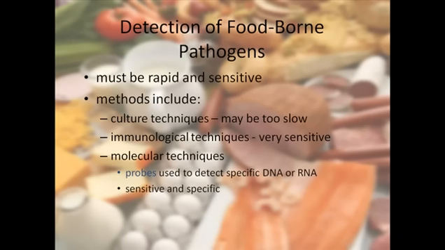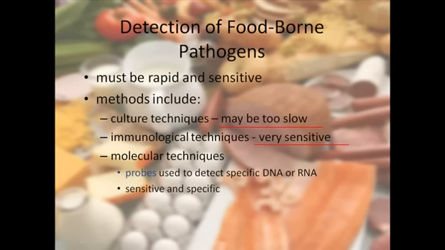But culture techniques are really slow. If you have food poisoning, we need to track down the cause quickly and take further steps to prevent it, but culture techniques take a long time to do that. Still, it is a definitive technique. But we also have very sensitive immunological techniques. We now have different immunological assays that help us determine foodborne illness, foodborne microorganisms, and the content of microorganisms present in the food.